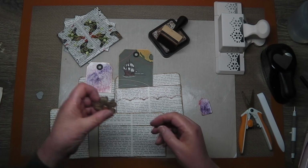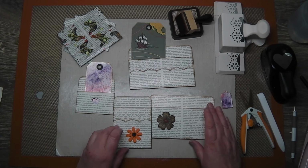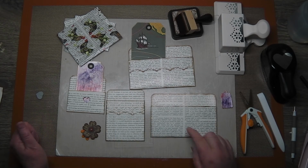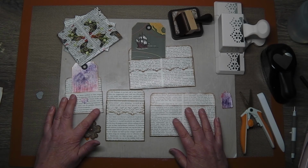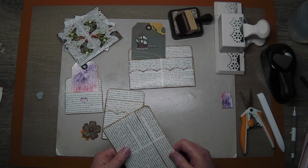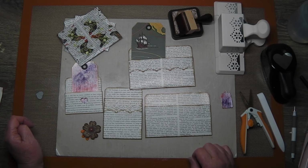They could have, as I say, the little flowers cut from book pages and coffee stained, felt flowers. You name it. The decoration is entirely up to the journal, the look you want for it. I sometimes also stitch around these, and that adds another different dimension. You practically make them the same way, but you can just stitch if you would like to. You could do cutouts of the top, use the punch and go along the top, that sort of thing. Sky's the limit really with these book pages,